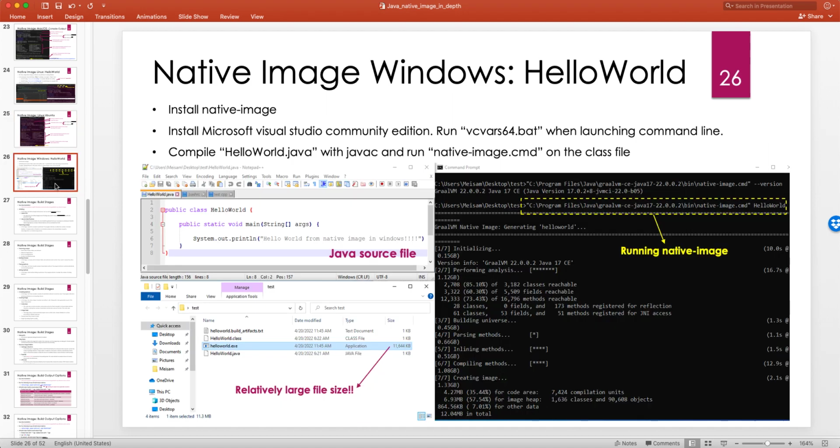But before that, let's also recap quickly how this native compilation works by creating a quick hello world application in Java, and then using the GraalVM native image on the Windows platform to compile it to a native executable binary. So to install native image, you download basically GraalVM,